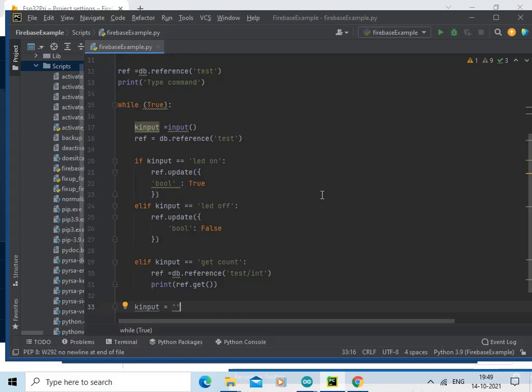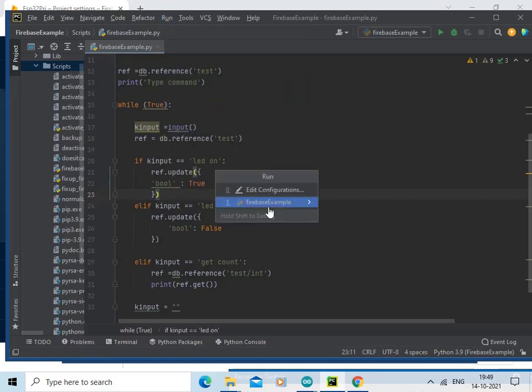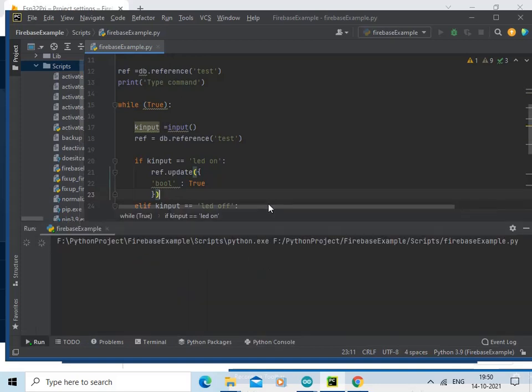So let us run this code. So code has started running. We need to type the command.